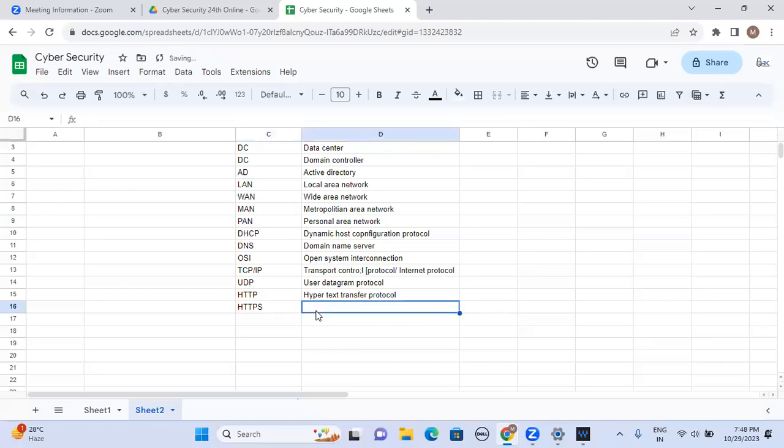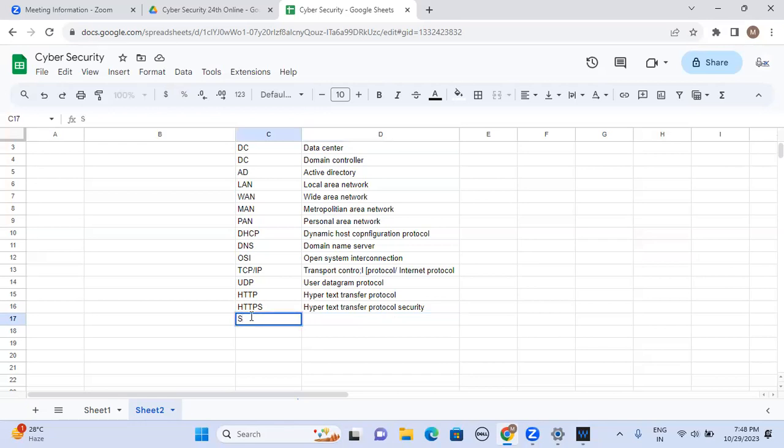Next one, HTTPS, Hypertext Transfer Protocol Secure. It's one of the interview questions also: what is the difference between HTTP and HTTPS? HTTP is used without an encryption mechanism, meaning it uses plain text or clear text. But HTTPS uses encrypted text. From the attacker's point of view, whenever we are sending any email, accessing a website, or sending a message on WhatsApp, Facebook, Instagram or whatever it may be, it is end-to-end encrypted basically. For that we will use HTTPS